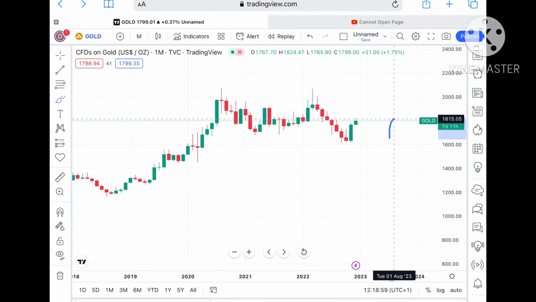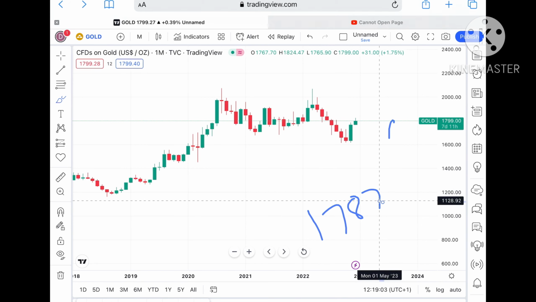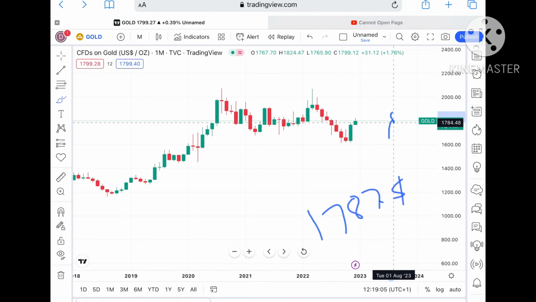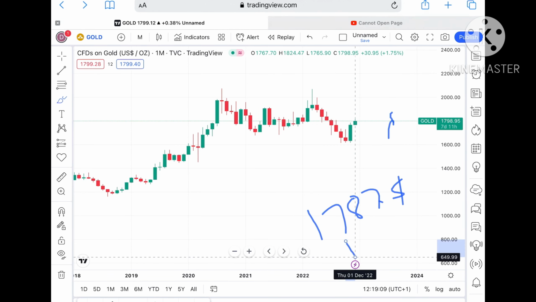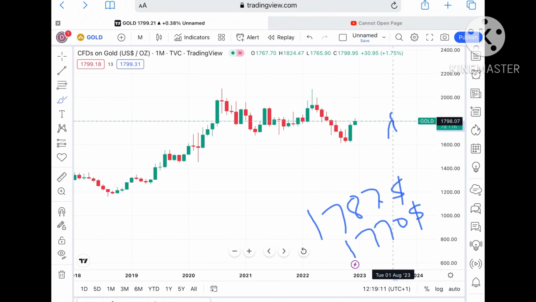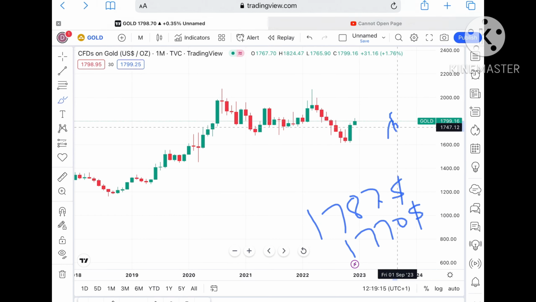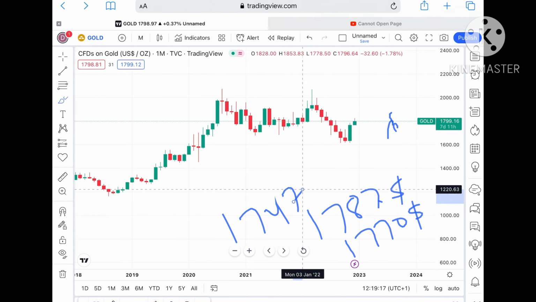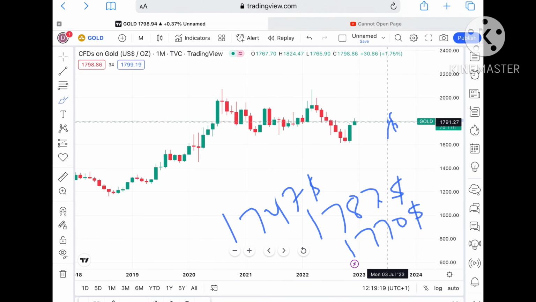So suppose if the price doesn't sustain, we can see a next support coming at around $1787. Okay, and if that level moves further low, then a probability of touching a level of 1770 is there. Okay, and if the price falls below that particular level, then we can see it can move further low, and a probability of touching 1747 is there. Okay, keep this in mind. Once it falls below a level of